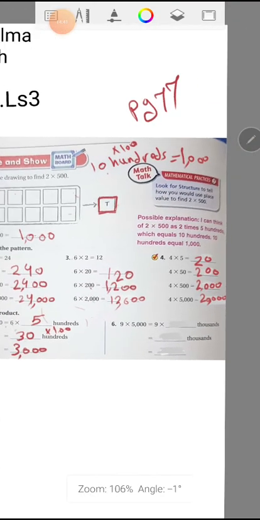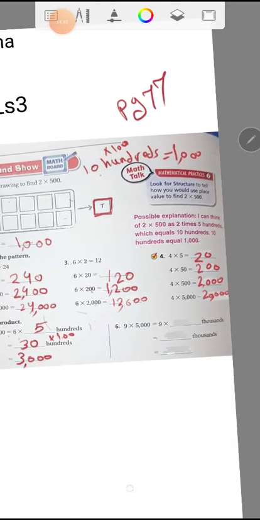Now again, number 6. 9 multiply 5000. I want to write this number as a thousand number. So I will take the number in the thousandth digit here, which is 5. So 9 multiply 5 thousand. If you want to multiply 9 by 5,000, I will multiply 9 by 5 equals 45. If you want to write it in the standard form, you have to multiply this 45 with 1,000, and the answer will be